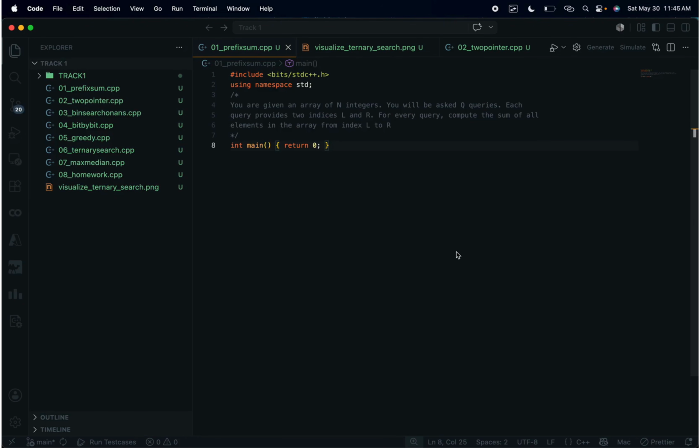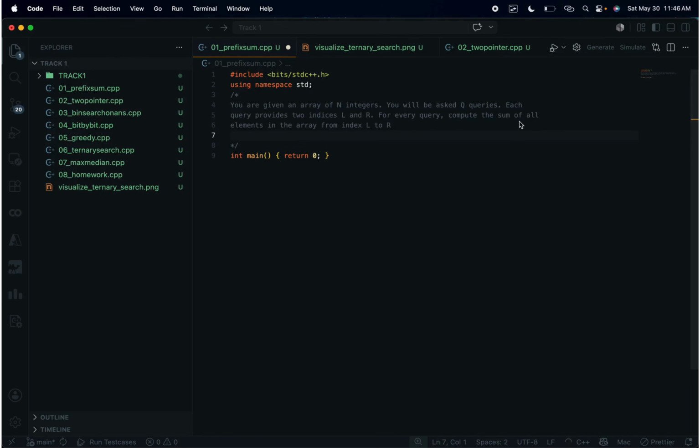So the first topic that we'll be looking at today will be the prefix sum. So we'll first look at this question. You are given an array of integers and multiple times you will be asked this question. Given different values of L and R, what is the value of the sum of elements from AL to AR? So